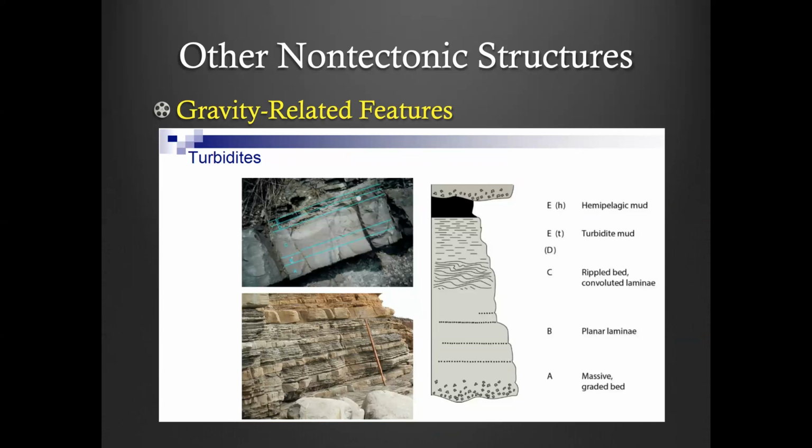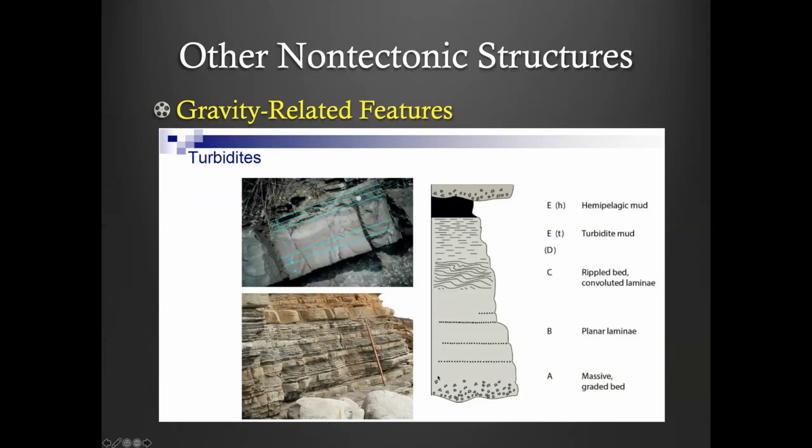I want to talk about a submarine feature which many of you may have heard of before. These are turbidites, and your book does a decent job of explaining this. This is an image from your textbook. A turbidite is a sequence of sediments. This is a deep sea flow, typically down a submarine canyon and then out onto the deep sea floor, where